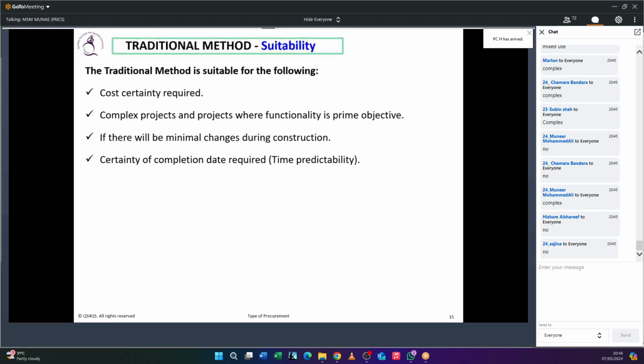And you want the time for completion. You want to make sure of the time condition, when you are going to get the project deliverable, then it's a better procurement route. You don't want to start the project very fast track. Okay, then yes, this is also suitable. But let's say you want to start the project in a fast track. Can you go for a traditional procurement route where the time is urgent?